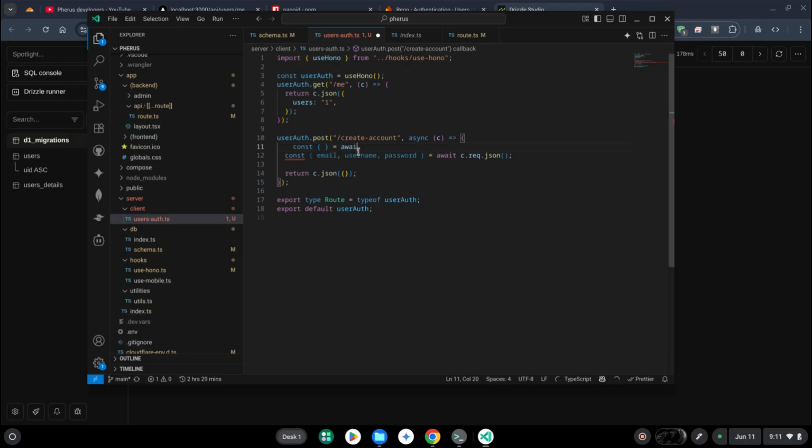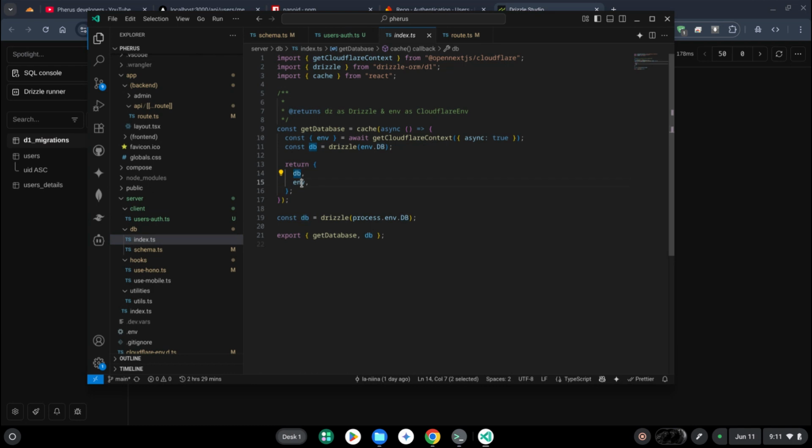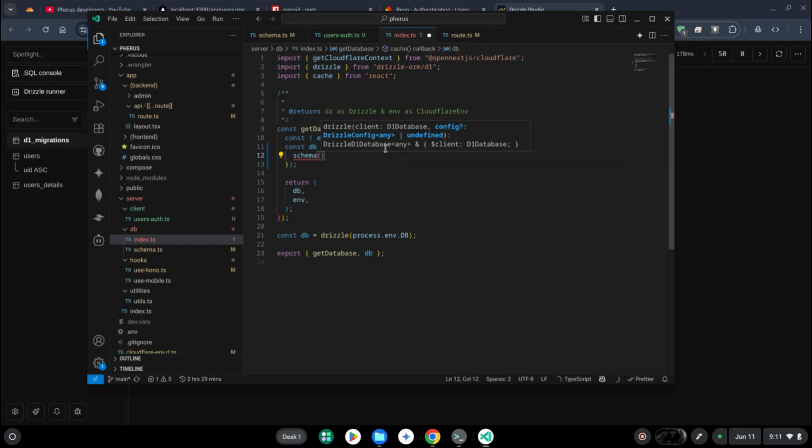Use this, await get database, import it, and in our get database we have DB and env, which is passing the Cloudflare context for OpenNext, and then our Drizzle, which is being passed, though our Drizzle doesn't have any schemas defined in it, which we're going to do this right now,